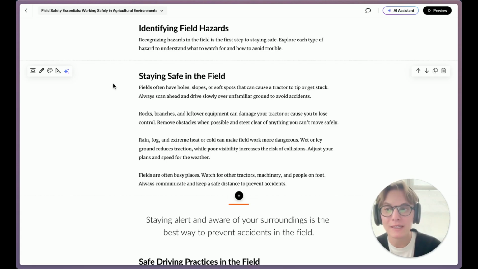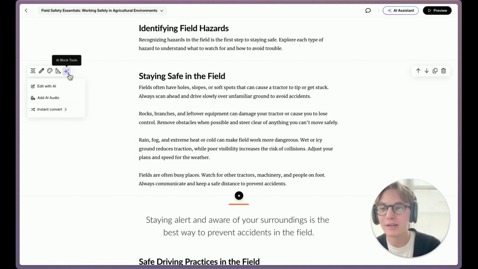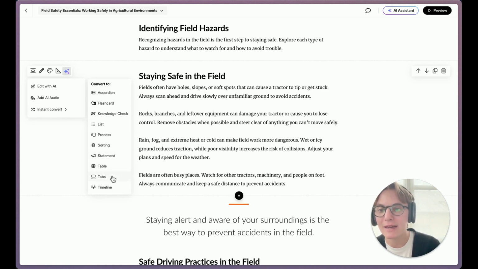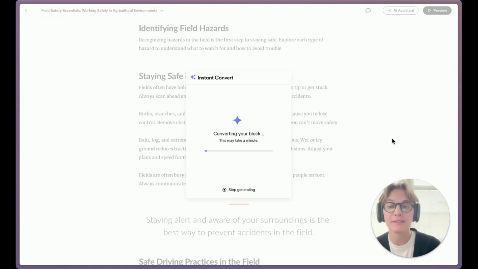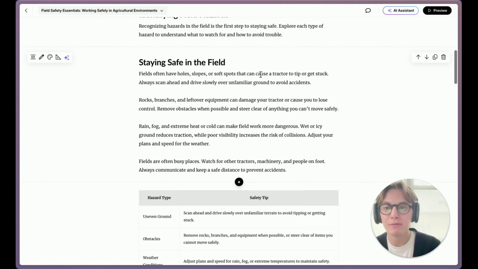Let me show you how easy this is to do with our instant convert feature in AI Assistant in Rise. So you can see I'm on this block. I chose the sparkle icon, and I could say, let's actually see what this looks like as a table, right? So AI Assistant will take what it knows about what makes a good table, and it'll turn my content